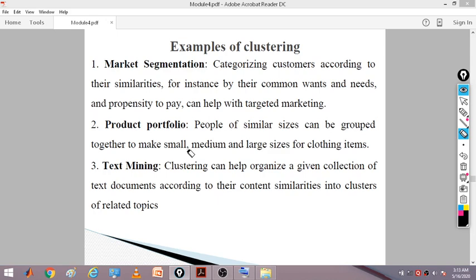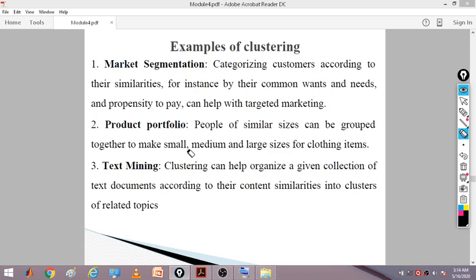So you are trying to create a product portfolio, which will help you easily segregate the items. When you segregate the items, it is easy for you to search, and people can also easily pick the items according to their needs. Your business will also run easily, people will search, no confusion will be there, and your business will also click.